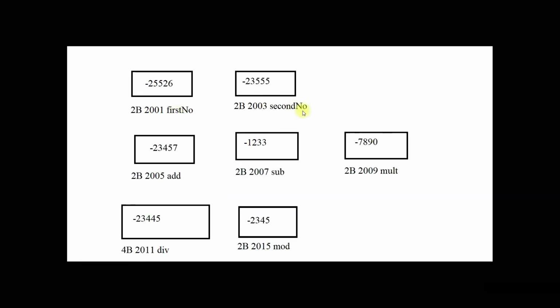For first number, second number, add, sub, mult and mod variables, 2 bytes of memory will be allocated because these are integer variables. But for division, 4 bytes will be allocated because this is the float variable. And let's assume these are the garbage values, and let's assume these are the memory addresses for these variables.